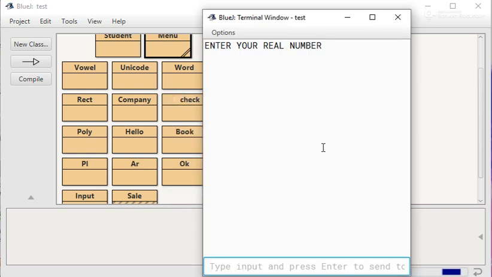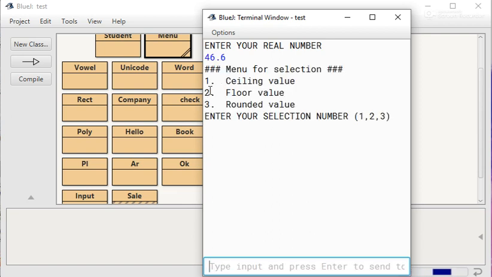Now again we give a real number, 46.6. Enter. At this time we have given the value 2, that means our choice is 2, that means floor value. Press enter. It will display the floor value.